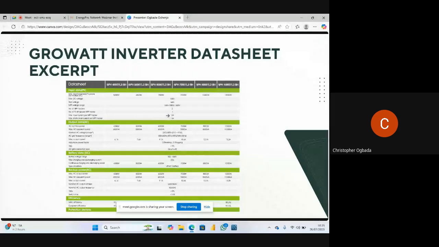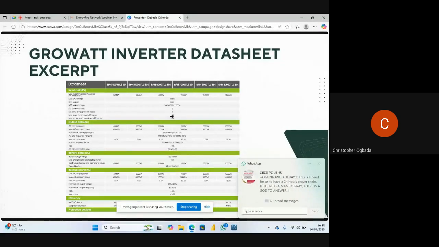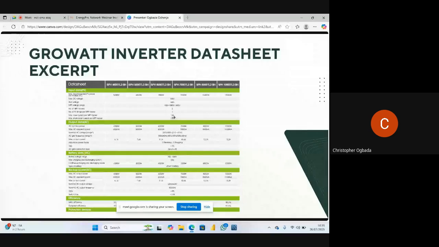This is the maximum input current per MPPT, right? So you cannot put, this is critical. If you look at some panels, they have high voltage, low current. Some have low voltage or high current, so the other way around. When you are sizing, it is important that you look at this inverter, for example. The maximum input current per MPPT is just 12. You get? So it means that you cannot use any solar panel that has MPPT current of above 15.